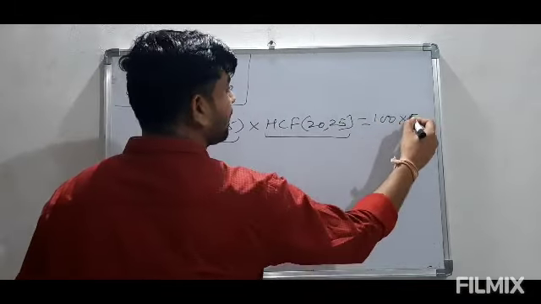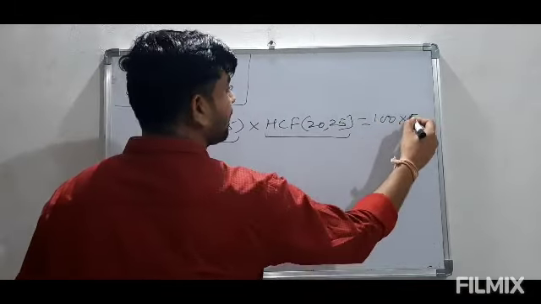Now multiply the numbers. If we say product of numbers, the first number was 20 and the second number was 25. What we are getting again? 500. And the result is very surprising. LCM and HCF of these two numbers is same as product of the number itself. So from here we are getting a very important result, that is, if we have two numbers A and B, then the product of their LCM and HCF will be equals to the product of numbers A and B.